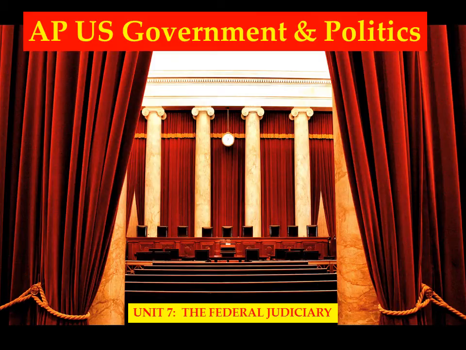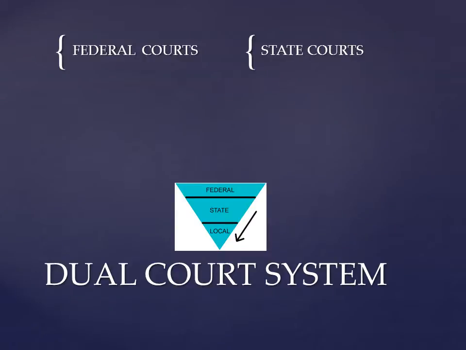This is a review of Unit 7 of AP U.S. Government and Politics entitled The Federal Judiciary. We actually live under two sets of law here in the United States since we are a federal system. We have both federal laws and state laws, and thus we have both federal courts and state courts to enforce